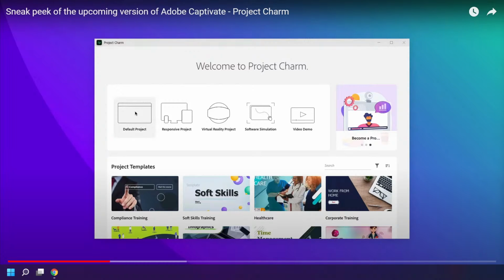Default project is no longer called blank project. And that's a good thing too, because you can have a blank responsive project as well. It's not built yet, so therefore blank. So to me, what default project means is a couple of things. They've given it a name that probably makes a little bit more sense, but